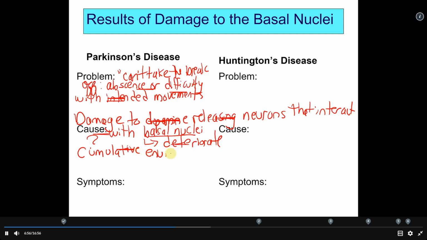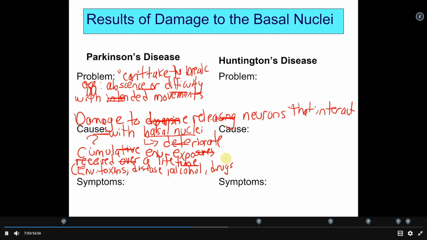I'm just going to write ENV. And this is only true for Parkinson's disease. Okay, so it looks like the cause is cumulative environmental exposures received over a lifetime. Now, what kinds of exposures are we talking about? Well, it could be environmental toxins, but it can also be other things you're exposed to. For example, disease, alcohol, drugs, either pharmaceutical or recreational drugs,